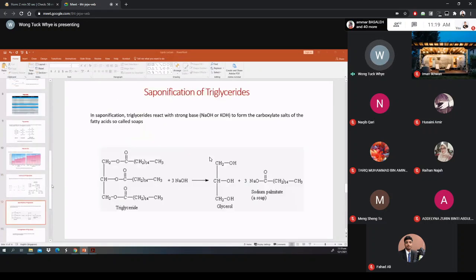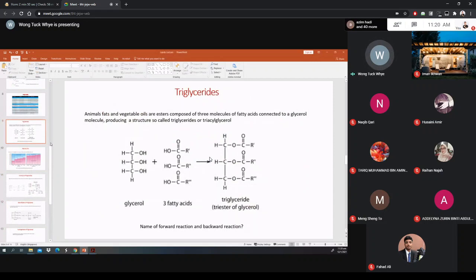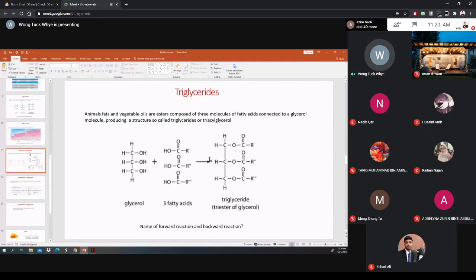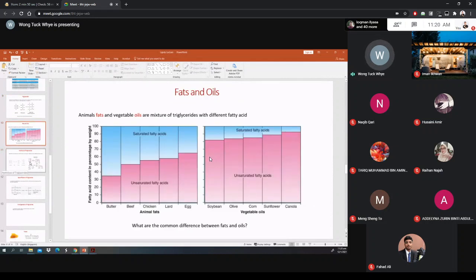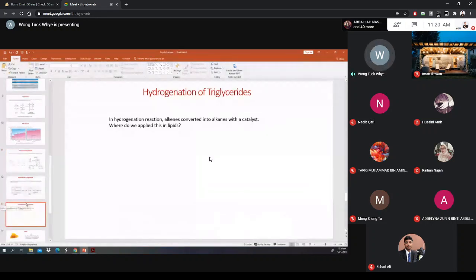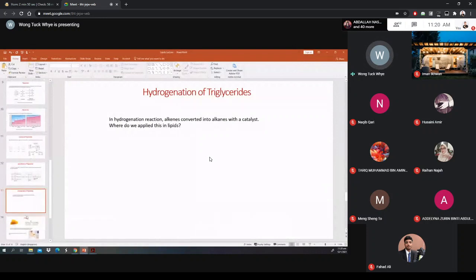So this is what we covered a few days ago. We talked about what is a fatty acid, what is meant by a triglyceride, and what fats and oils are, and the difference between them in physical properties: what is a solid and what is a liquid at room temperature. Then we covered the possible reactions on a triglyceride, hydrolysis, and also saponification, and then hydrogenation of a triglyceride,